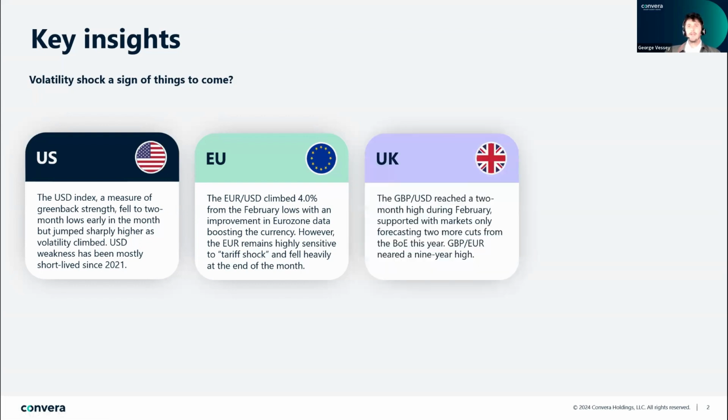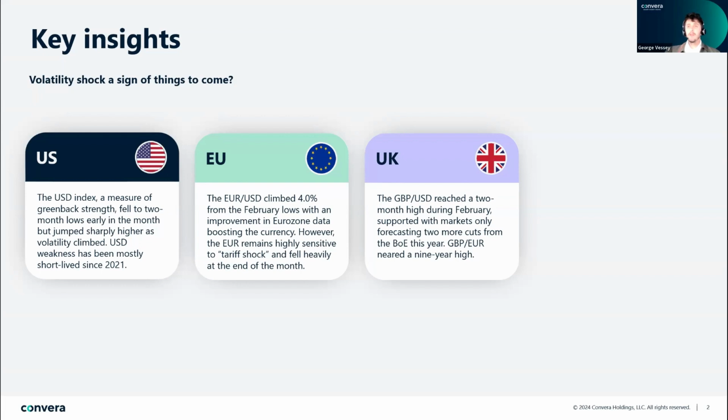The pound is an interesting one. It's in an identity crisis, if you like, at the moment. In January, it was classed as more of trading like an emerging market currency, with UK yields rising but the pound falling. And now it's deemed potentially a tariff safe haven currency due to the UK being less exposed to Trump's tariff threats. So the pound has held up pretty well against most major peers as a result.